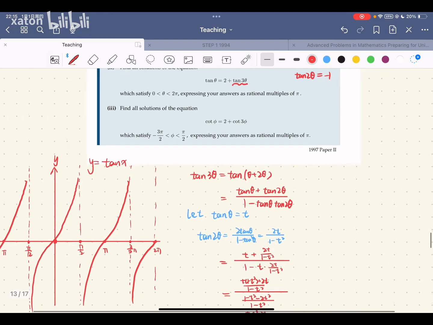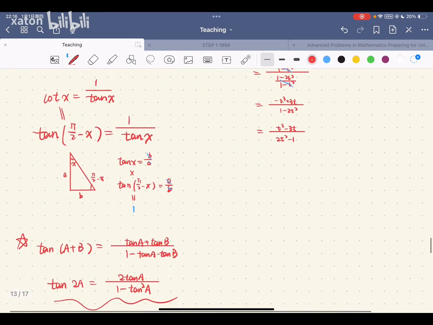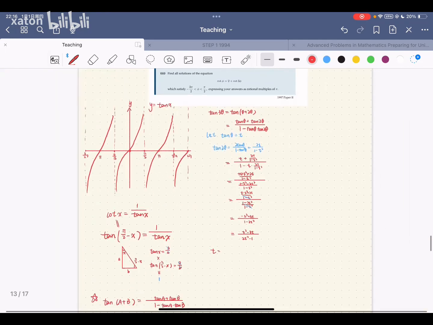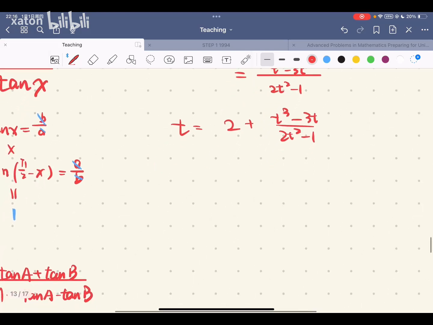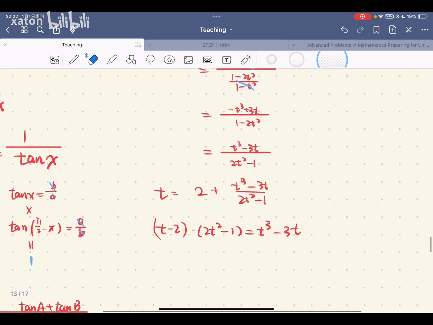The original equation is tangent theta equals 2 plus tangent 3 theta. So we get them back: t equals 2 plus t cubed minus 3t over 2t squared minus 1. I would say this is just pure calculation, no skills. When you are doing pure calculation, you should do it with 100% concentration,